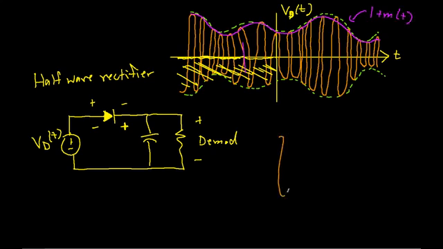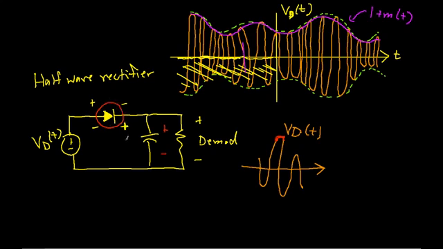To give you just a little bit more detail about how this circuit works, suppose that at a particular point in time I have this waveform as V sub D of t. As long as the input voltage is larger than the capacitor voltage, the diode acts like a closed switch and the capacitor charges up as V sub D increases. So if the red represents the capacitor voltage, it goes up until it gets to the point at the peak of the waveform. Then V sub D starts to go down, which means that the capacitor voltage will be higher than V sub D, so the diode shuts off,